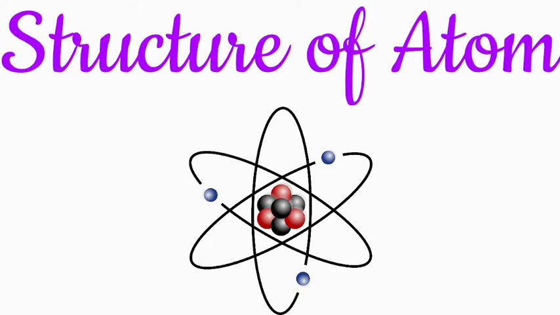The electrons move around the nucleus in specific orbits. They take part in chemical and physical changes. The properties of an element depend on the number and orientation of the electrons in the atoms. The size of the nucleus is much smaller than the size of the atom. If the atom is imagined to be the size of a football field, the nucleus would be only the size of a mosquito.